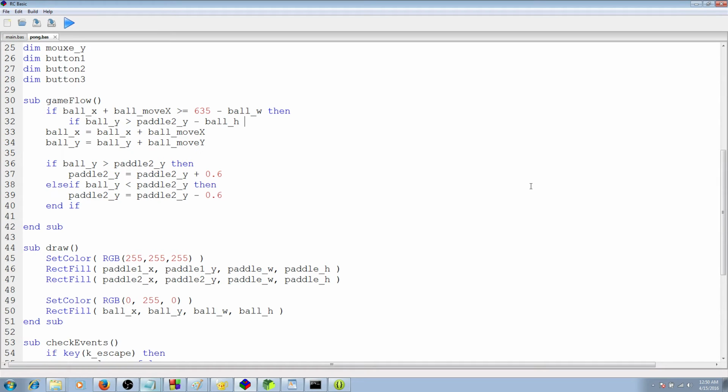And then we can also check for the other condition, the bottom of the paddle. So, or ball Y is less than, or actually, yes, if ball Y is less than paddle 2Y plus paddle height. Yeah, we set paddle height. And you know what? That's really all we need to check for there. So plus paddle 2 height, then